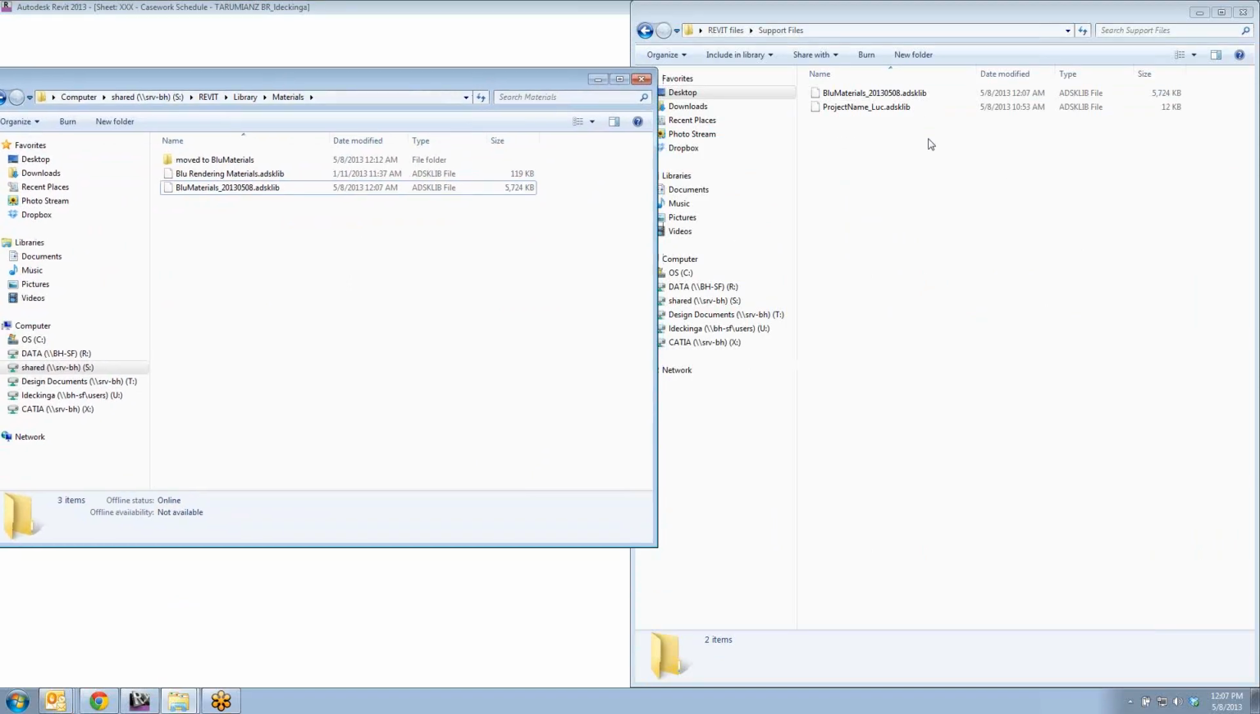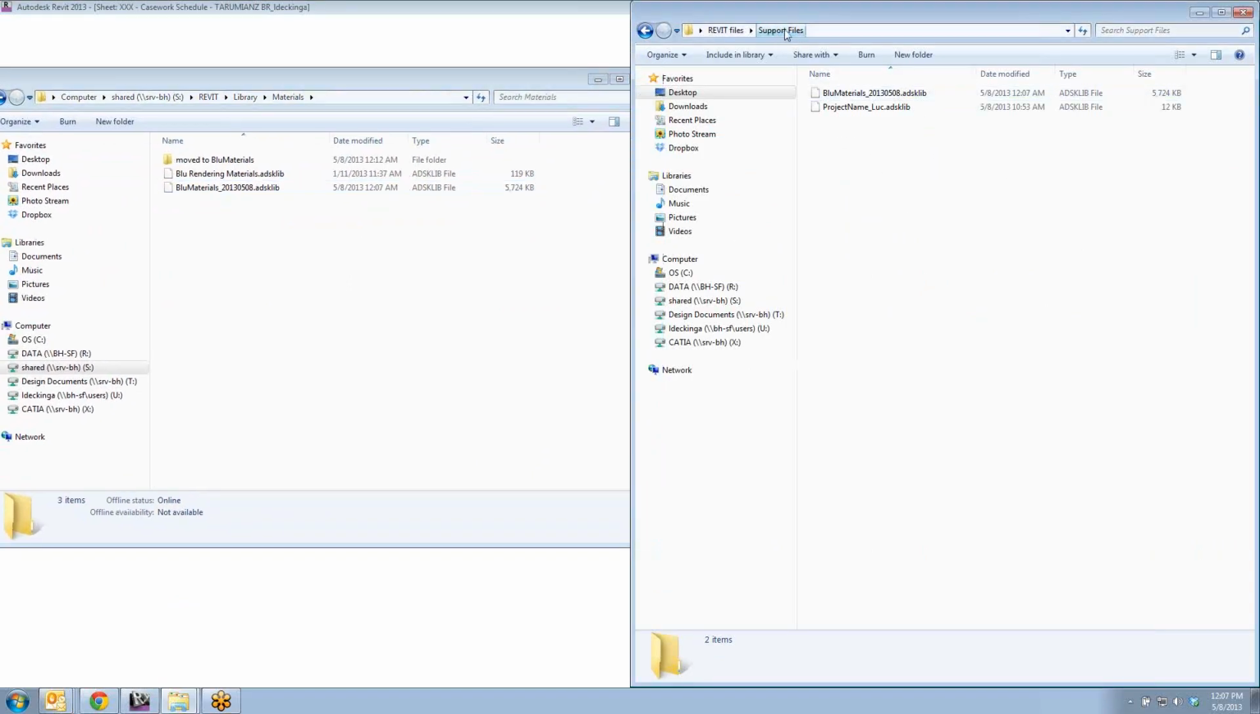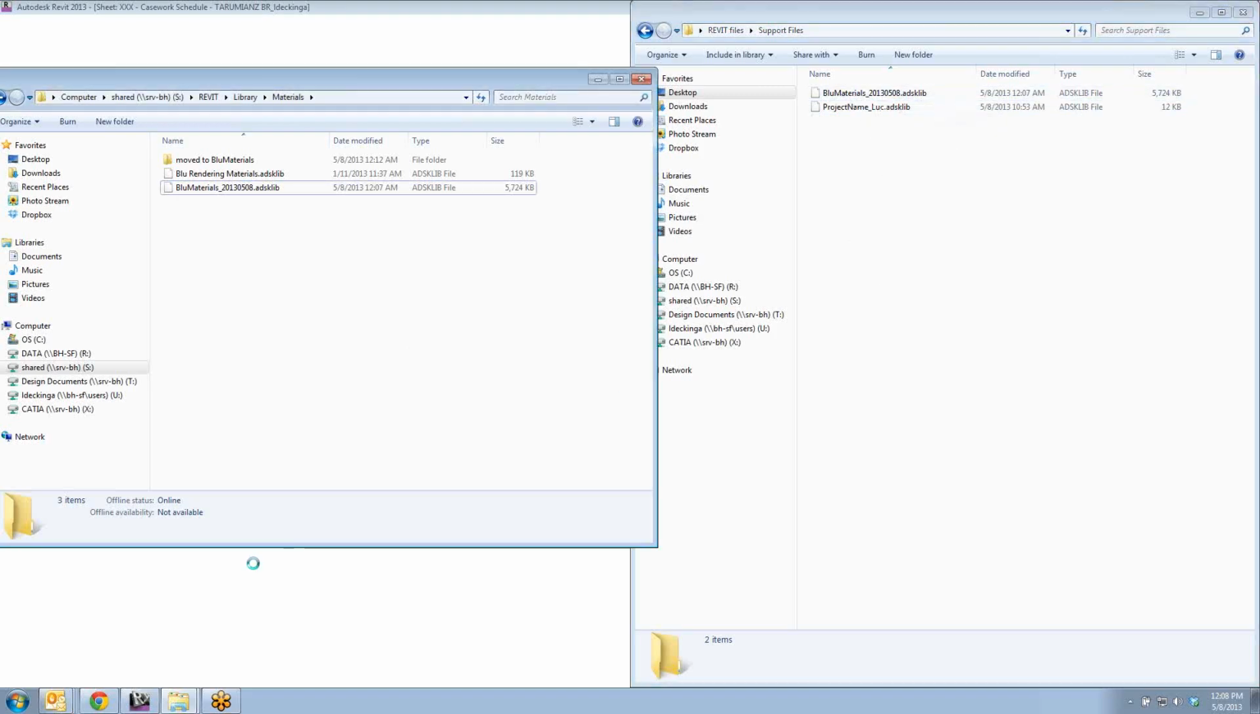All right, while that's opening, the other thing that I have inside this support files folder on my local drive is I've created a new shared material library, and this is what we're going to use to transfer materials that you modify inside of your projects back into this main library. So once it opens,